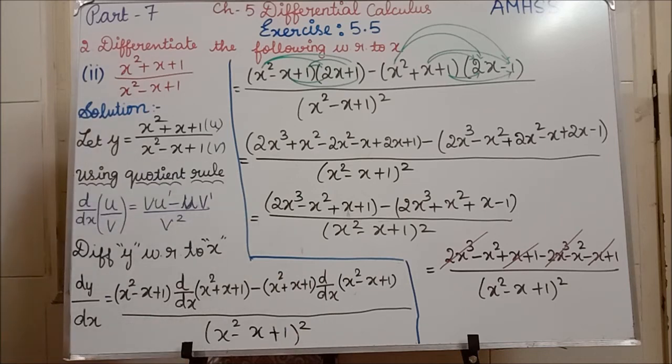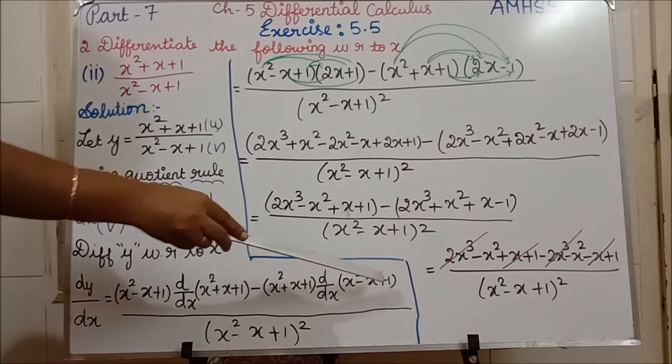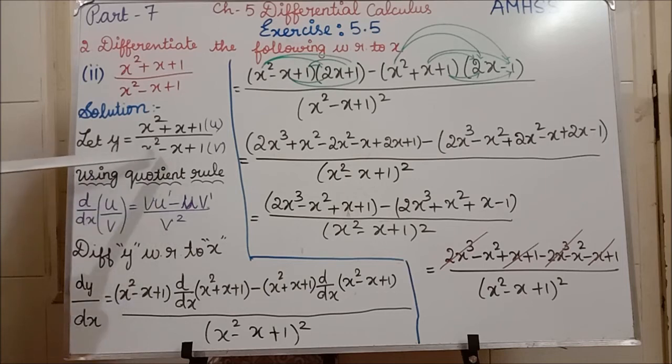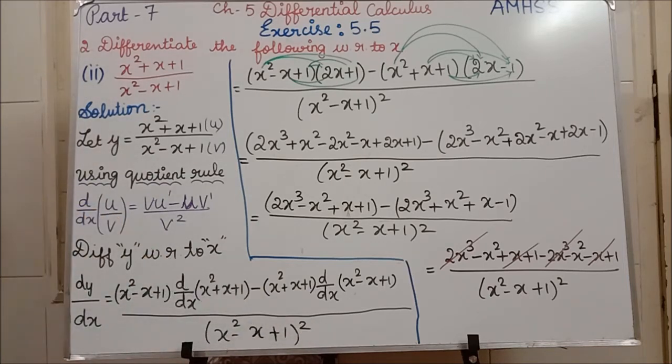Now we have to differentiate v. So what is our v? So d by dx of v you are going to write. Divided by v square we are having. This is the v, no? So you are going to write that whole square. Clear? The next step, x square minus x plus 1 we are writing as such.